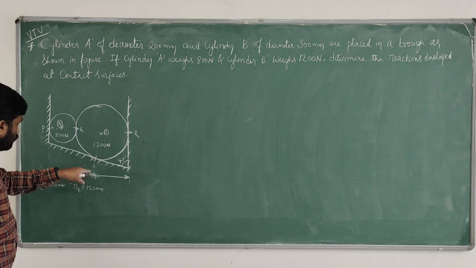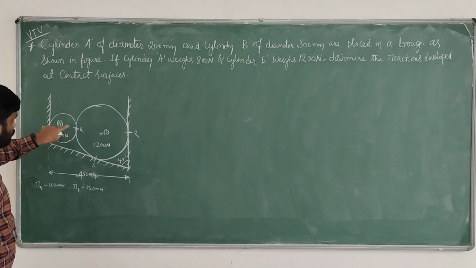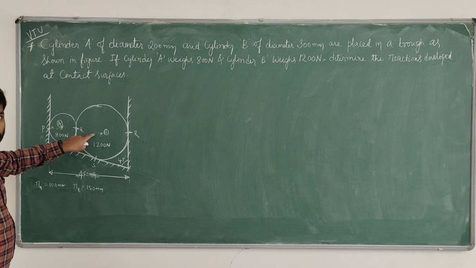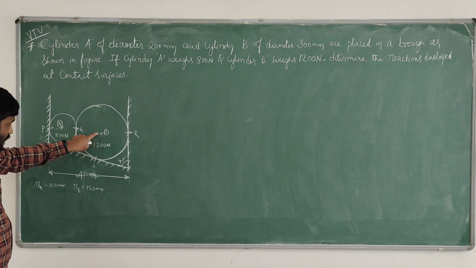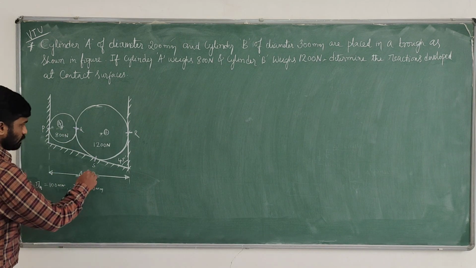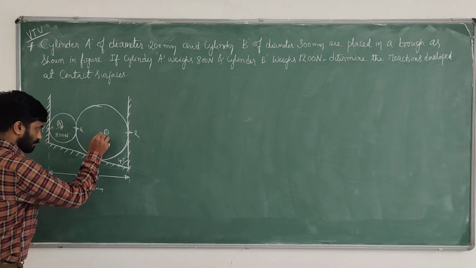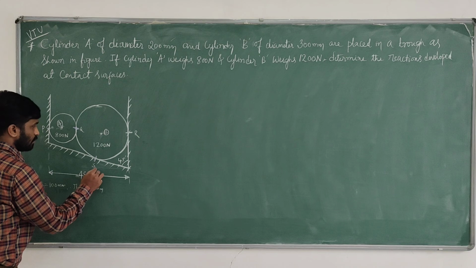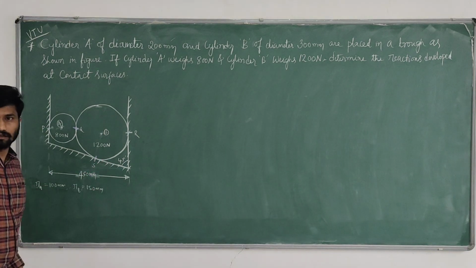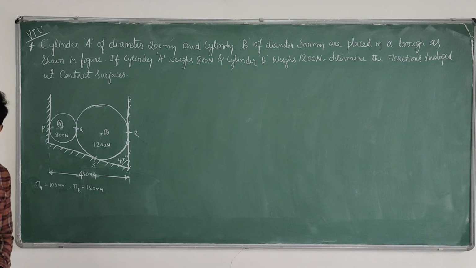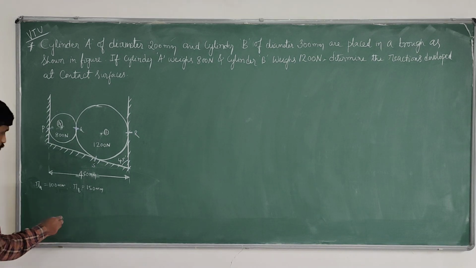Out of these, how many are inclined? This one is inclined, and we know this one is also inclined, because this radius and this radius are not in the same line. So we have to determine this inclination. This other one is known: if you drop a perpendicular, it is also 45, so 90 minus 45 gives 45 degrees. That is very easy, but this one we have to determine using the triangle concept.